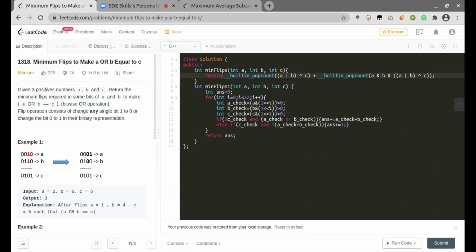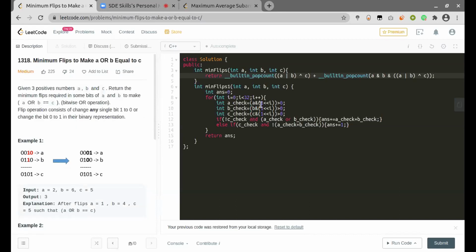I know it's not going to matter, because if you're at the 32 bit, you still have to go through all of them in the worst case, right? Yeah, makes sense. So this is why that while loop implementation is a little bit more optimized than this one, since in the while loop we just iterate through the max number of bits present in either of A, B, and C. But here we just set the max to be 32. Yeah, and it uses that OR operator. So as soon as all of them are 0, it just exits the loop and returns the flips.